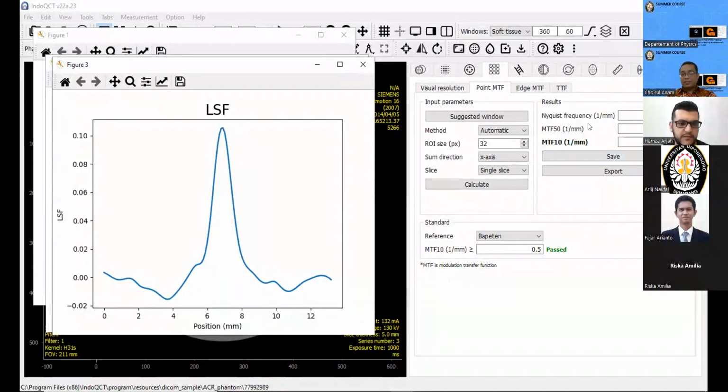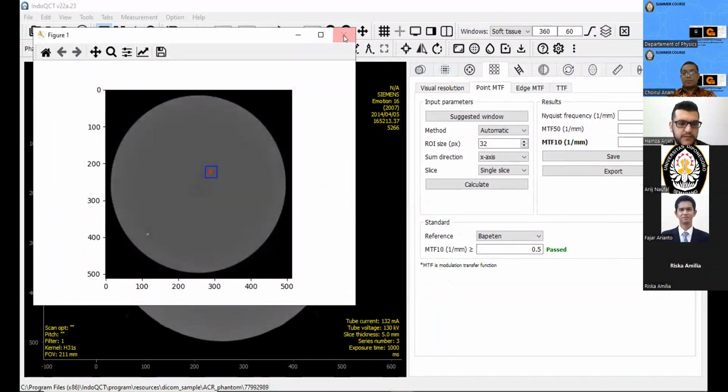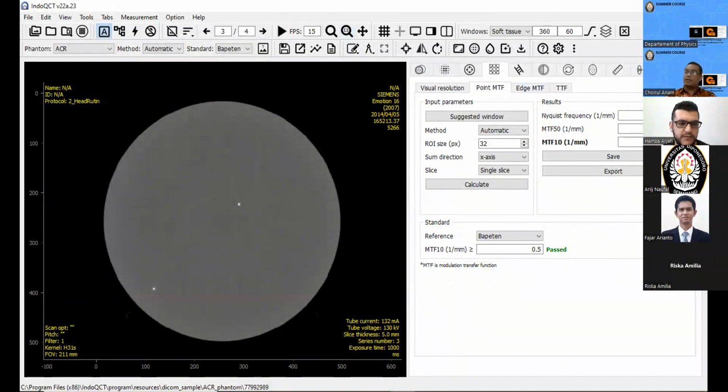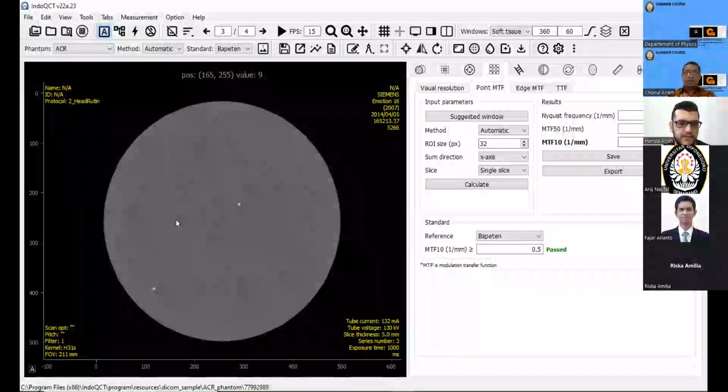And we can also see the Nyquist frequency is 1.2, far greater than 0.7. So by using this image, our measurement is relatively accurate, because the field of view is relatively small, only about 200 millimeters.